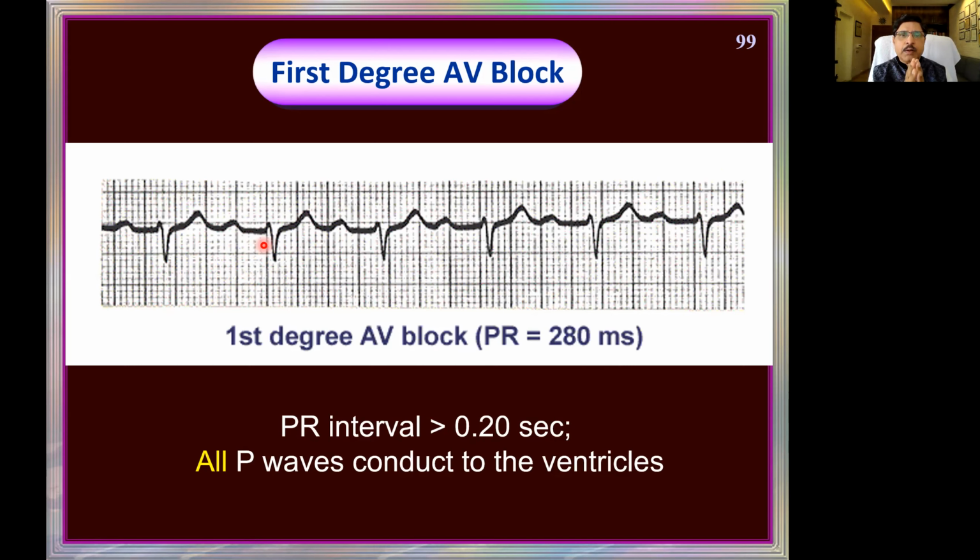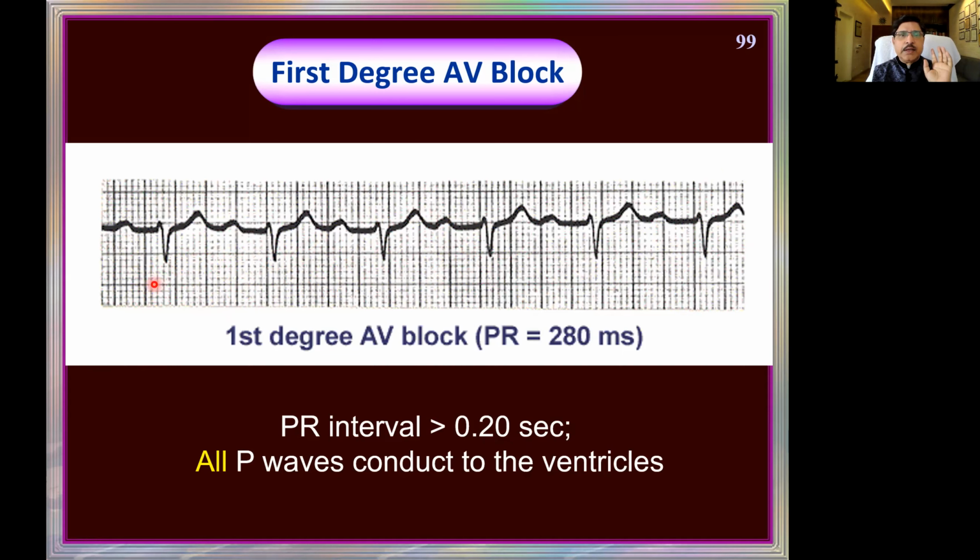First degree heart block will have these features: there will be a P wave, and each P wave is followed by a QRS, and the RR intervals are perfectly constant. In first degree heart block, every P wave is followed by the QRS just like a normal ECG. And the RR intervals, you look here, this is 300, 150, 100 and a little that side, so probably around 80. Again here 300, 150, 100, 80.